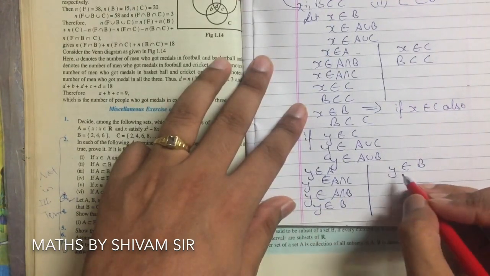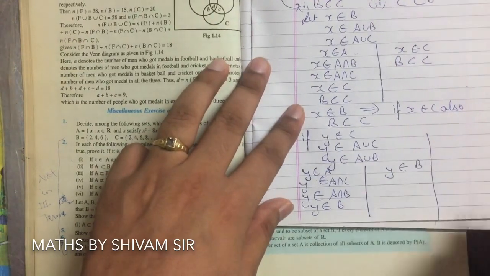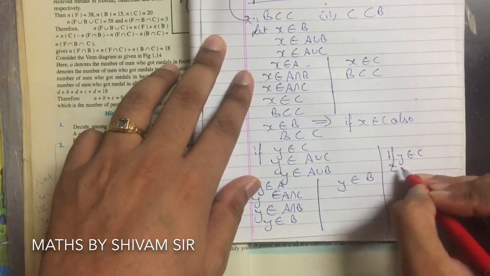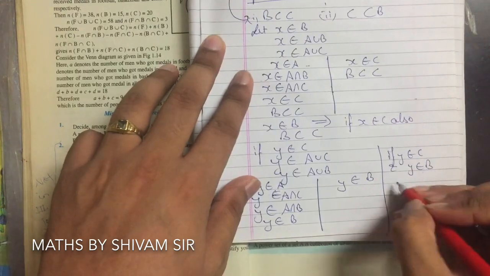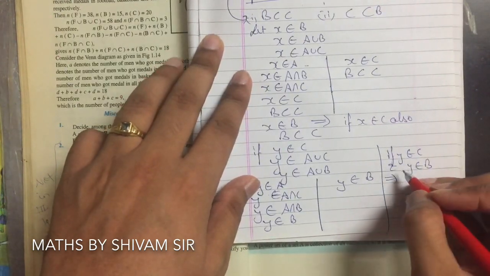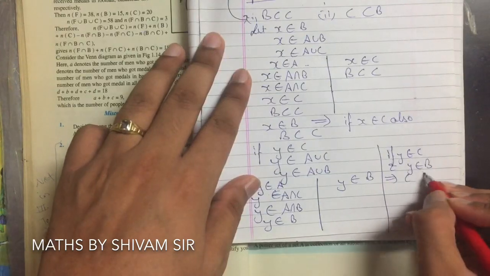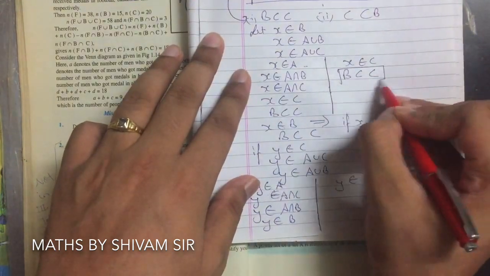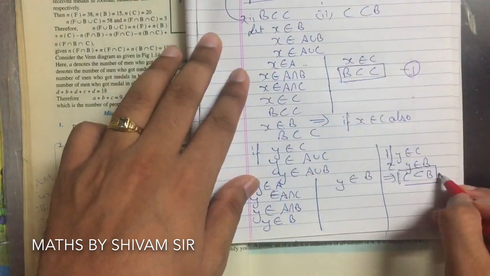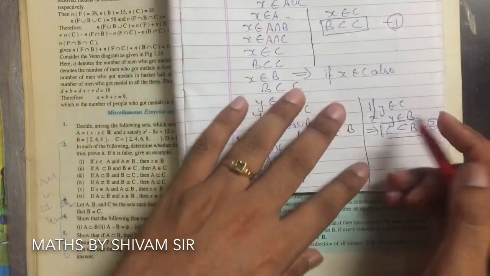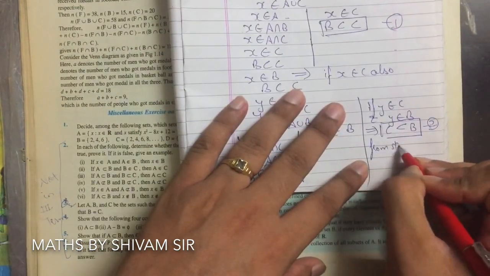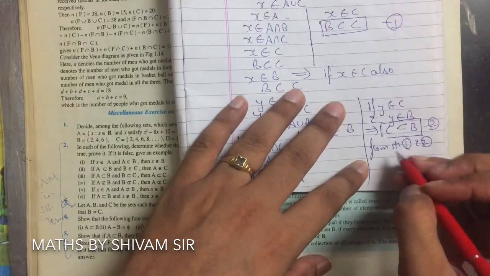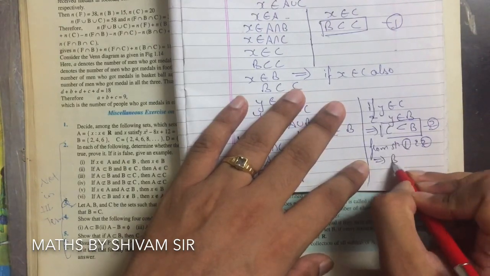और Y belongs to B यहाँ से भी है और यहाँ से भी है, तो हम क्या कह सकते हैं, if Y belongs to C, Y belongs to C and Y belongs to B, Y C को भी बिलोंग करता है और Y B को भी बिलोंग करता है. इसका मतलब क्या है कि C is a subset of B. अब C B का सबसेट है, यहाँ से B C का सबसेट है, तो हम दोनों स्टेटमेंट से, from statements 1 and 2 we can say, if B is a subset of C and C is a subset of B, so this implies B is equal to C.